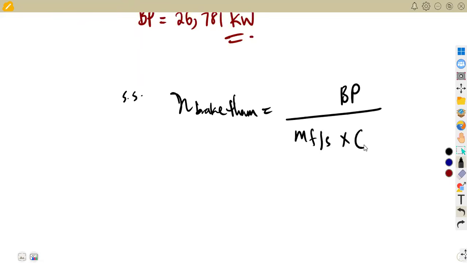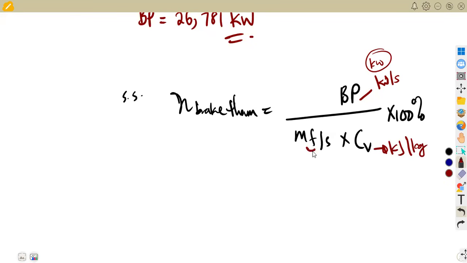Whenever I use this, I talked about this also in another class. I think we were working with steam generation, and there was a question that needed us to involve the mass of fuel per second, and the brake thermal efficiency was given. It is the same thing. This is the brake power, which is in kilowatts, simply kilojoules per second, representing the kilowatt. The calorific value is in kilojoules per kilogram. And this is the mass of fuel, which is measured in kilograms per second. So that gives us